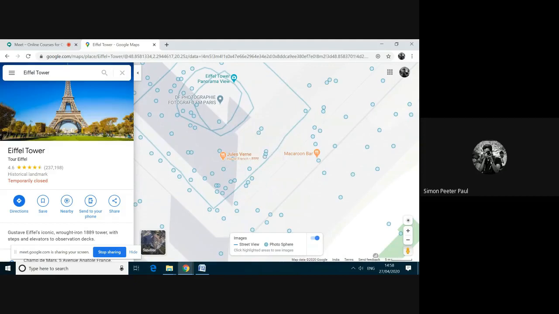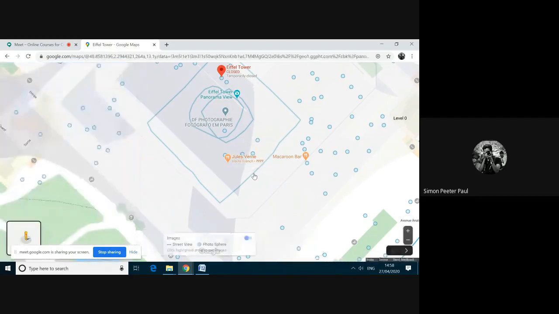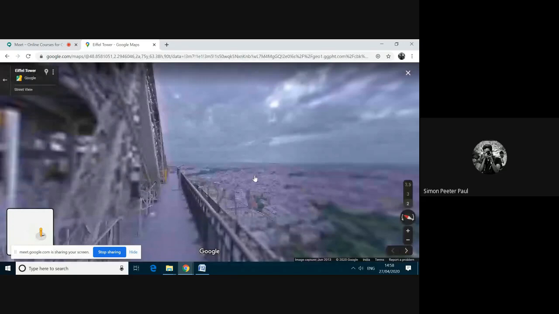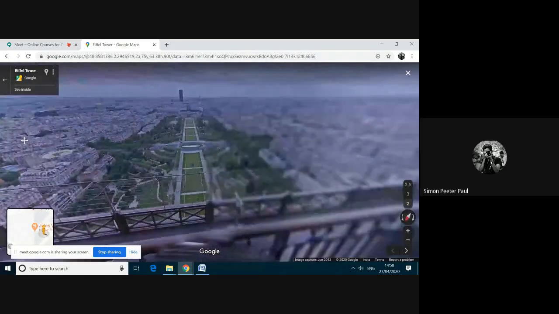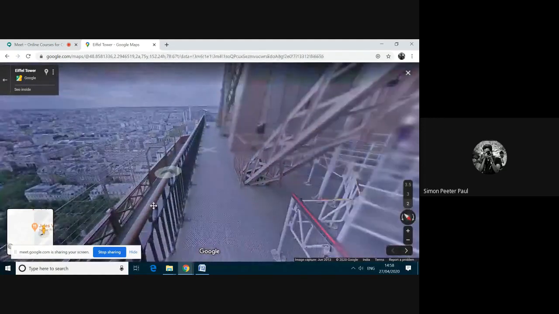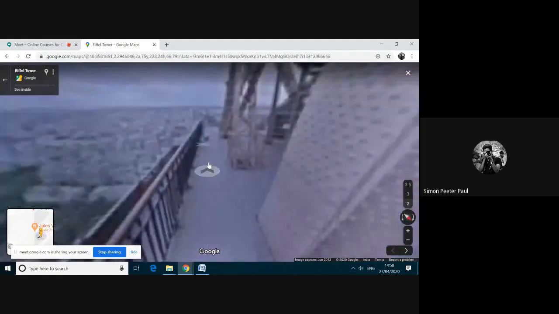Okay, right. See here, now I am going on the Eiffel Tower. I'm going to stand on the first layer. I'm clicking this blue line. See here, right now I am in the Eiffel Tower. If I want to walk, I can walk. See, I am moving.